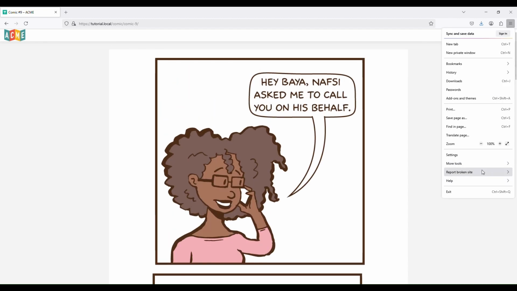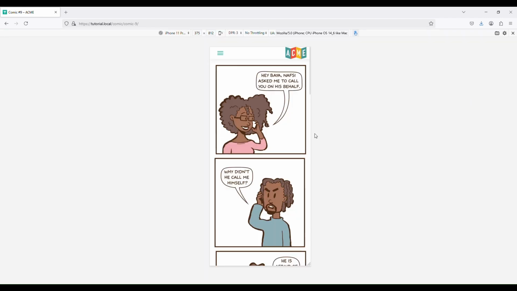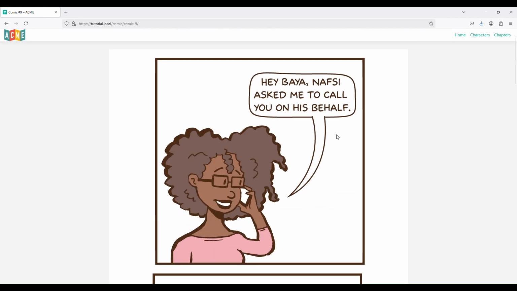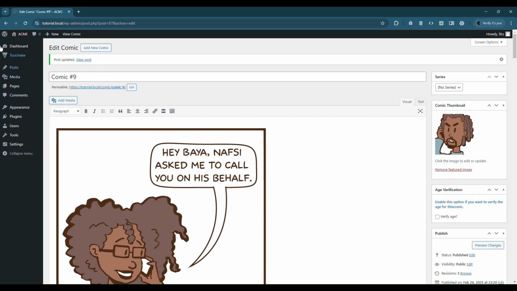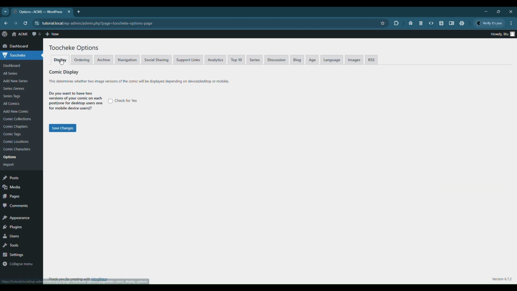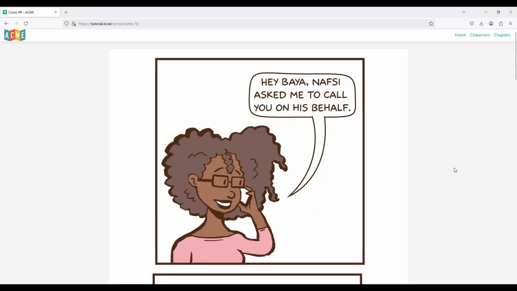So if I go to responsive design, it's going to show the same version. The reason is we haven't enabled the option to allow for displaying both the desktop version and the mobile version of the comics. So let's go ahead and do that. To do that, go to the Toocheke and then options. All right, and then the display tab. On the display tab, just click this option over here and click the Save Changes button. All right, and then when I go back and do a refresh,